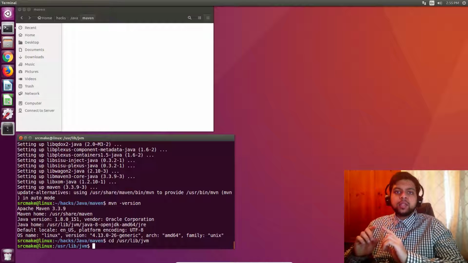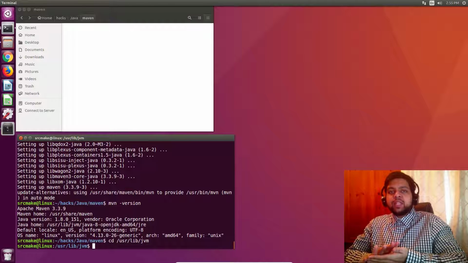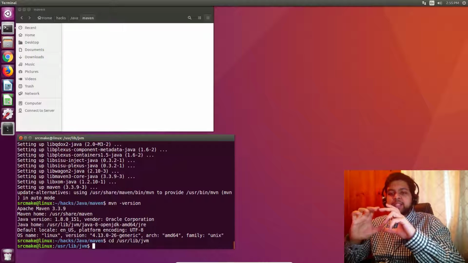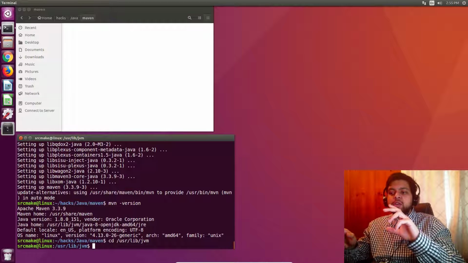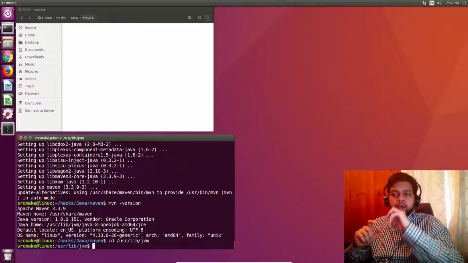The reason we need to do this is because we need to set our Java home environment variable so that Maven knows what to do, what compiler to use. So remember, we've been using javac, but Maven does not know what our Java compiler is. The compiler is this little black box that takes our code and spits out the executable. Maven doesn't know what we're using, so we have to make sure we specify it by specifying the Java home